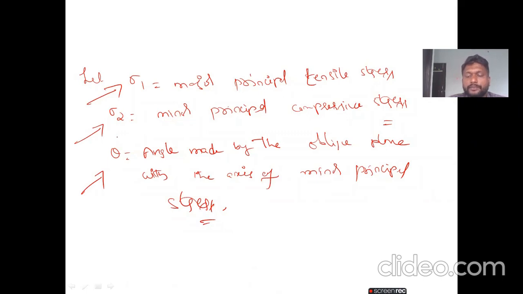Now we will draw a Mohr circle. I will draw this one. Take any point like this, A. This point is A. Draw a horizontal line through both sides of A. And the important thing is that this is the A point, this is the B point, and this is the C point.